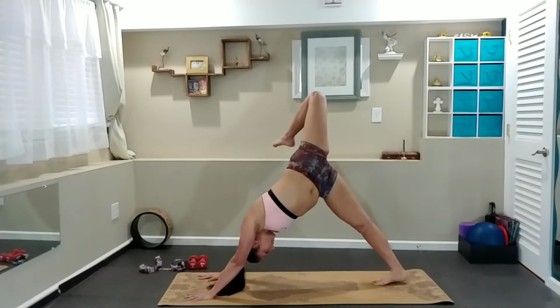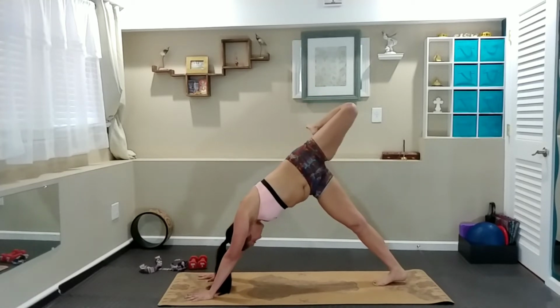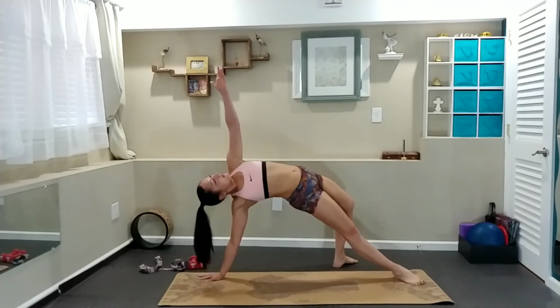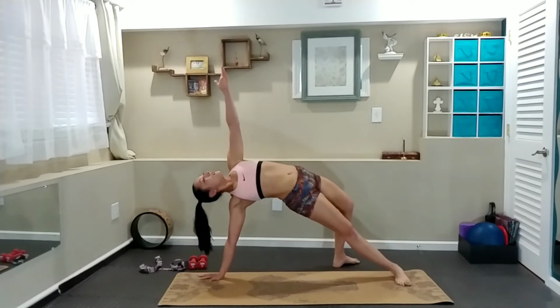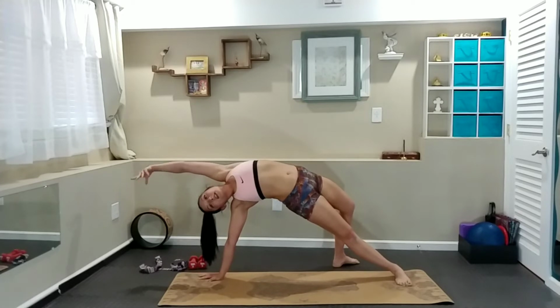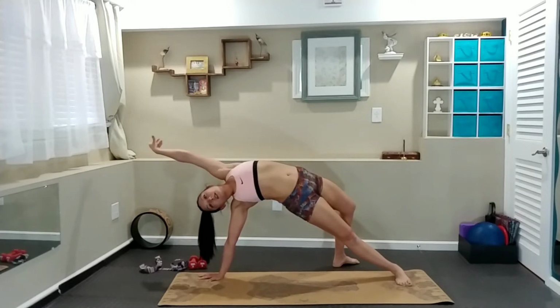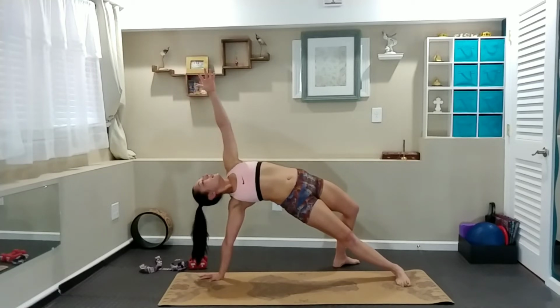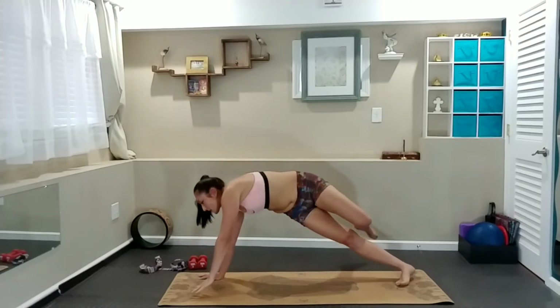Exhale. Let that left foot float back behind you. Lifting that left hand up into your wild thing or your star child, whatever you want to do. You reach that arm up over your head. You can do some stretching with your wrists. Reaching up, deep inhale. Exhale, flipping back over once again